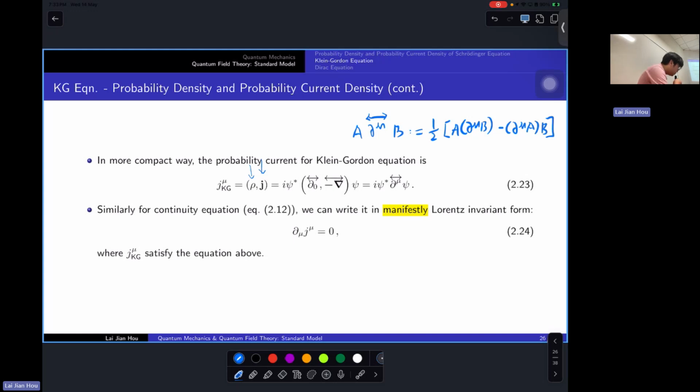If you are writing the continuity equation, del rho over del t plus divergence of J, in the sense that J you can write it as the